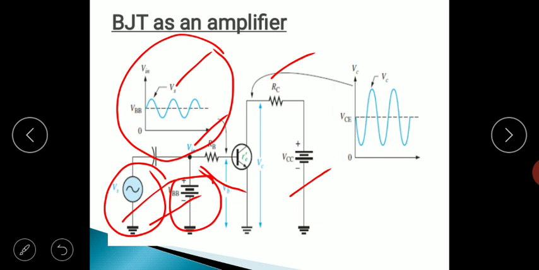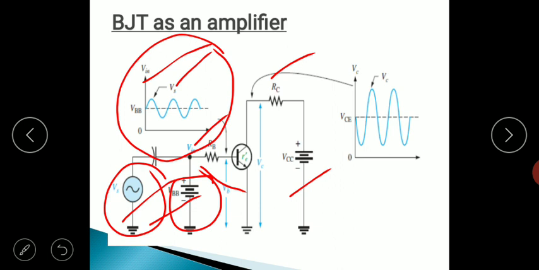Because of this, what happens? Again the AC signal has positive half cycle, negative half cycle, but you can see from this particular waveform, even during negative half cycle, the effective voltage applied at the base will be positive because the entire AC signal remains in the positive quadrant. That is the advantage of using this biasing battery VBB within the input along with